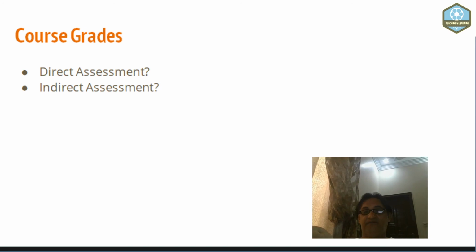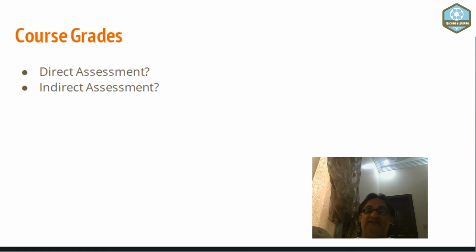Now the question is how? If you are a teacher and an educator, you know that the course grade is the amalgamation or the combination of several components. We call it the marks breakdown. And in this marks breakdown, it's not only the exams and the tests, it's also the participation, the project, the teacher's observation, the students' attendance, the behaviors, and what we call the grace marks. Now when we combine all these things, it is the combination of both direct and